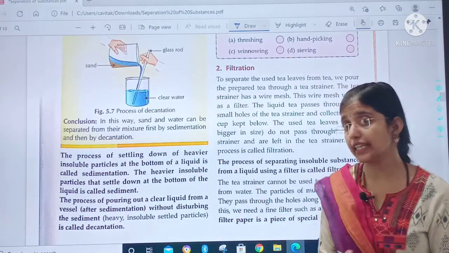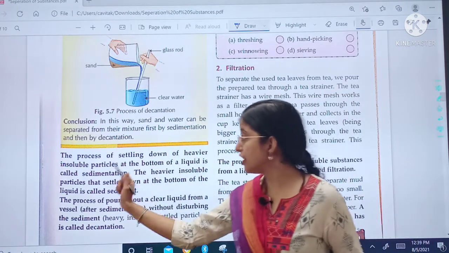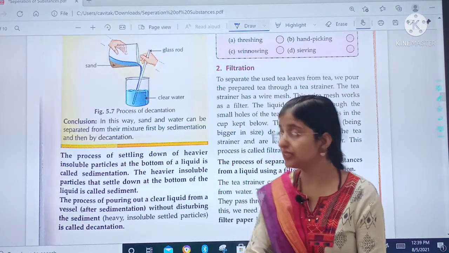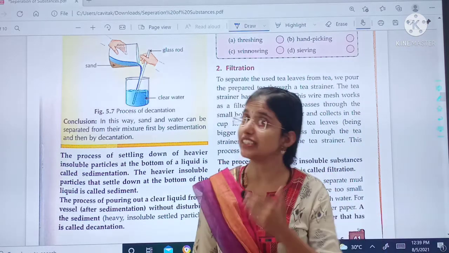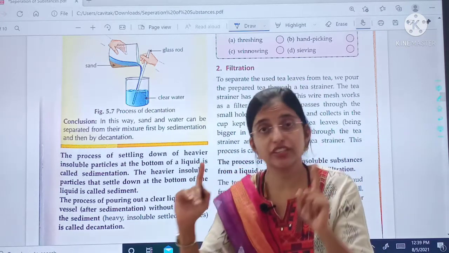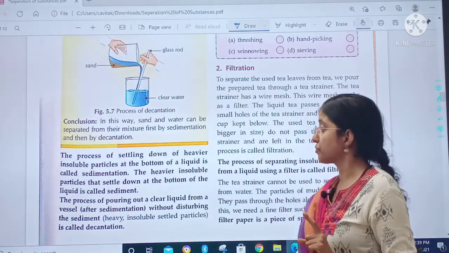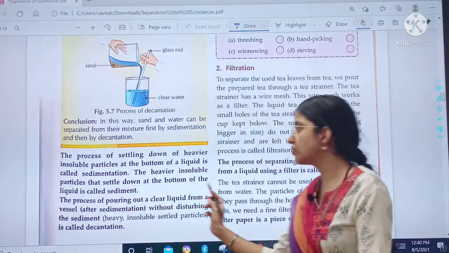So हमने क्या देखा अभी? The process of settling down of heavier insoluble particles at the bottom of a liquid is called sedimentation. जैसे हमने देखा, the mud or the sand got settled at the bottom. So this is known as sedimentation. The heavier insoluble particles that settle down at the bottom of the